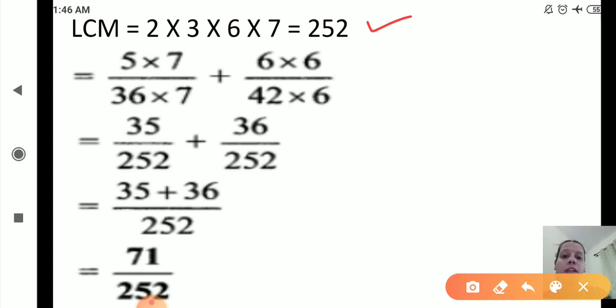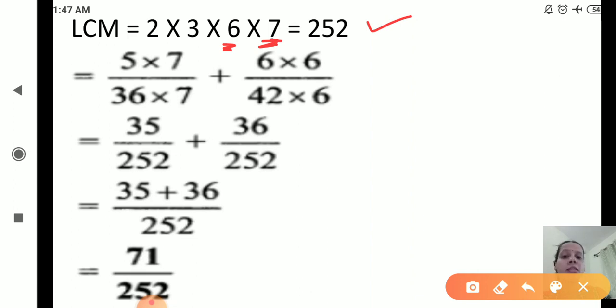36 multiplied by 1 is 36, 36 multiplied by 2, 36 multiplied by 3, 36 multiplied by 4, and so on. From these only you can find out 6 and 7. We got the factors 6 and 7. So 36 multiplied by 6 you do, 36 multiplied by 7 you do. 36 multiplied by 7, you will get 252. So now we got the number. 36 multiplied by which number will you get 252?